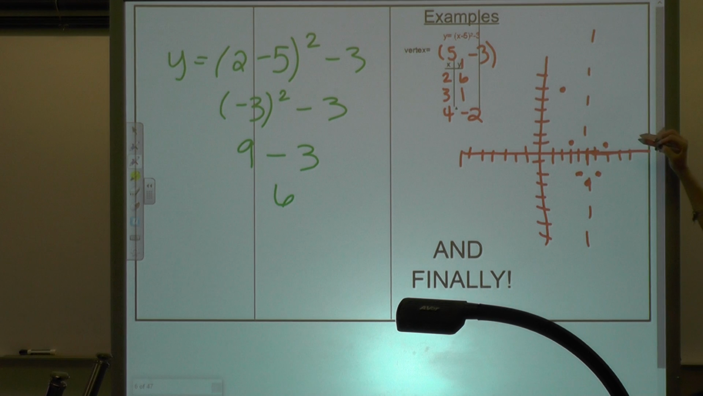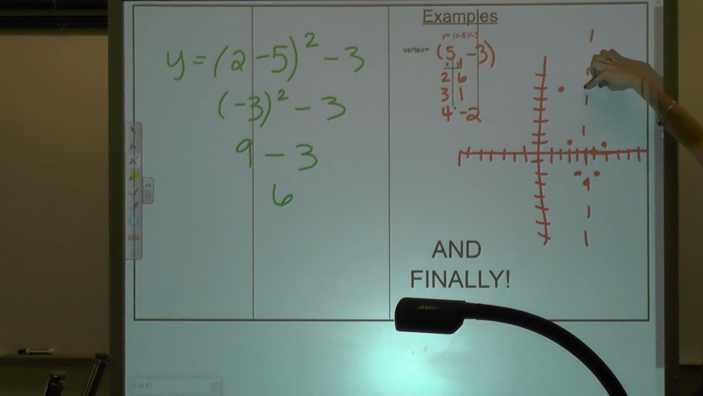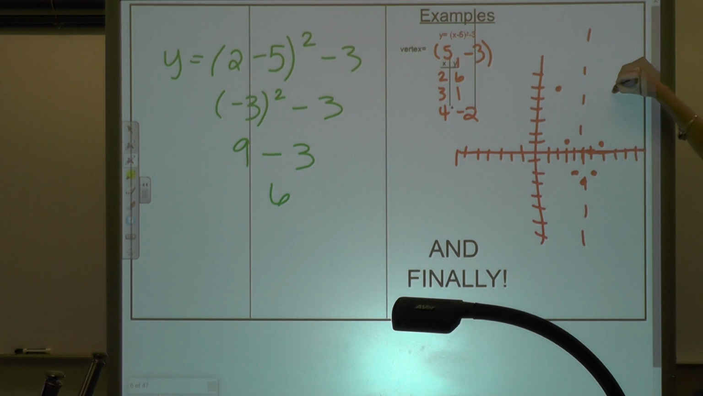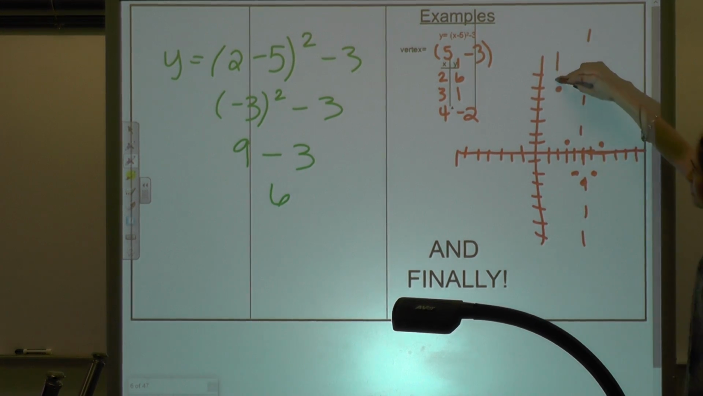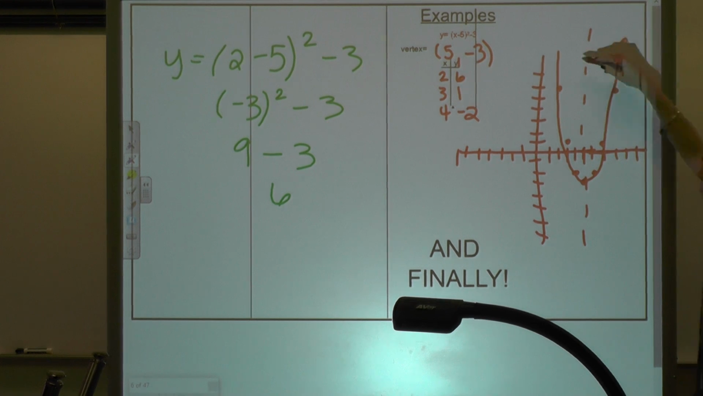Extending my line a little bit. And for this point, I'm 1, 2, 3 away, so I'm going to make it 1, 2, 3 away on my right-hand side. Like I said before, you don't need this many points, but it just makes it where it's more